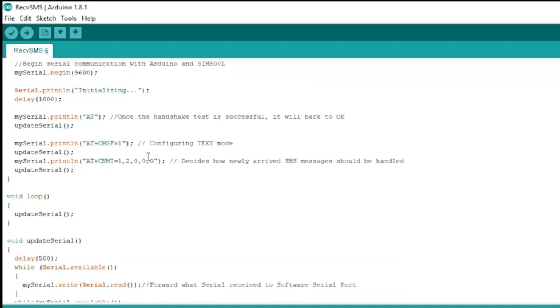Then see, by default the mode is set to PDU, or protocol data unit, but we need to set the mode of our module to text mode before sending an SMS, which is nothing but a text. So for that we use the command AT+CMGF=1. So now our module is configured to the text mode. Otherwise, by default it was in the PDU mode, or protocol data unit mode, in which the message could have